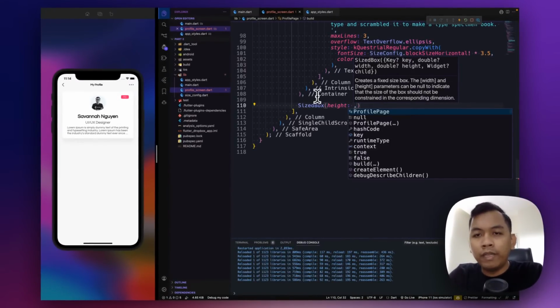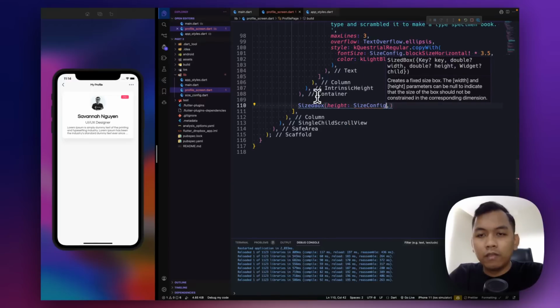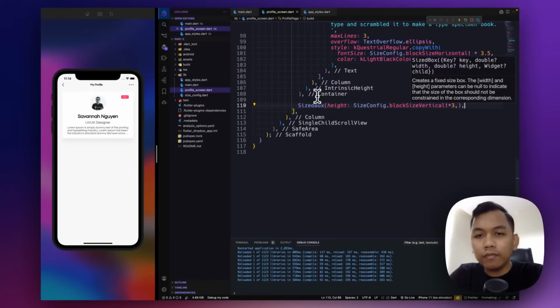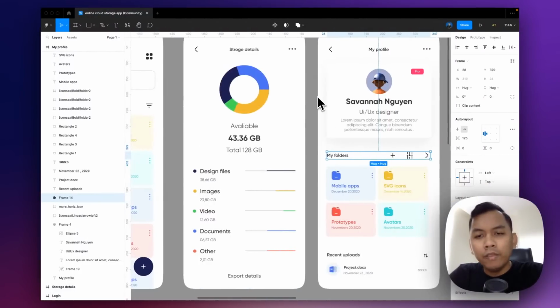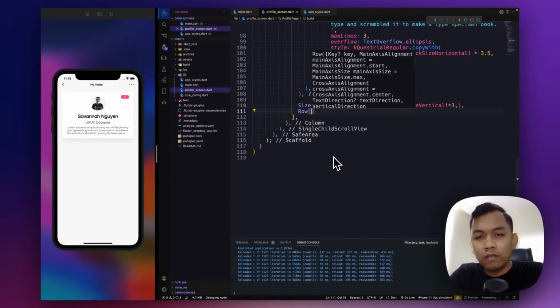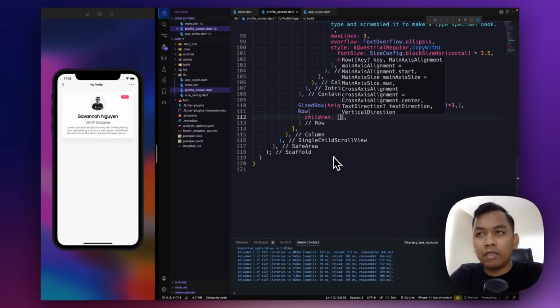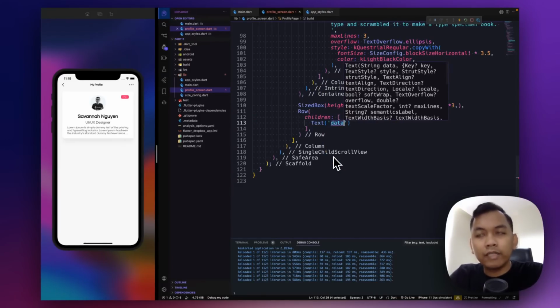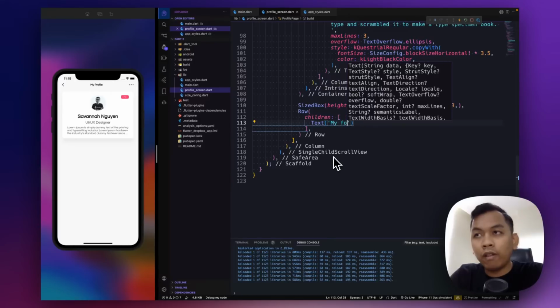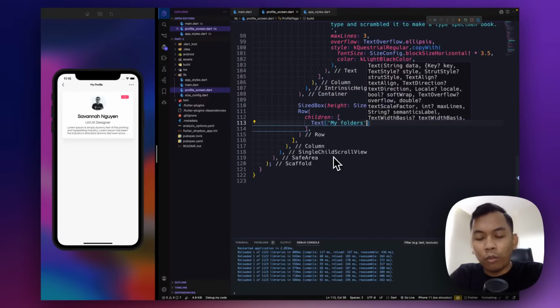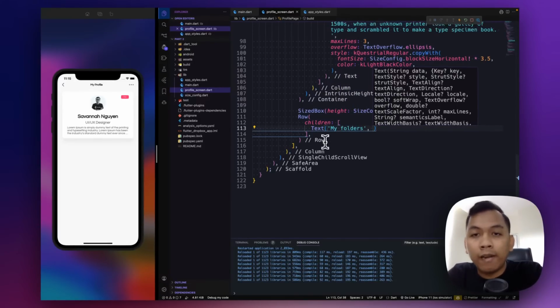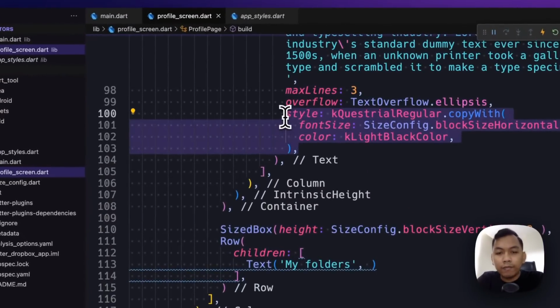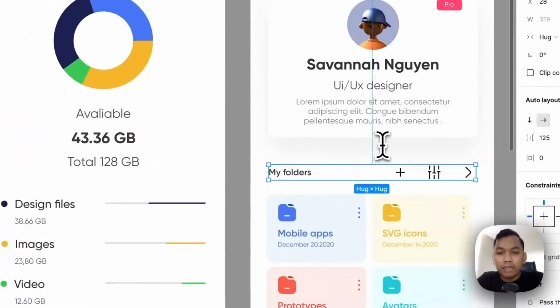The height will be block vertical times 3. And this will be row widget. It will have children, and the first children will be just text widget. Let's say my folders. All right, and copy this and paste here, and let's check the size.